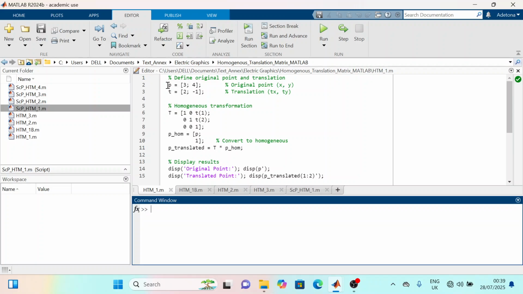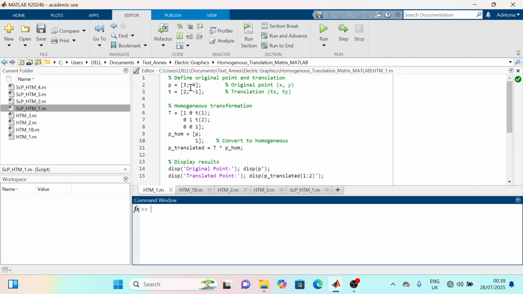The point is located at point P, and point P has coordinate of 3, 4, and just because we are presenting the point, which is an object here, as a vector, therefore we make use of